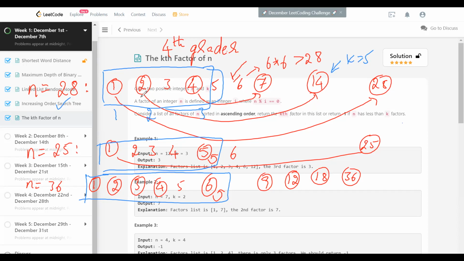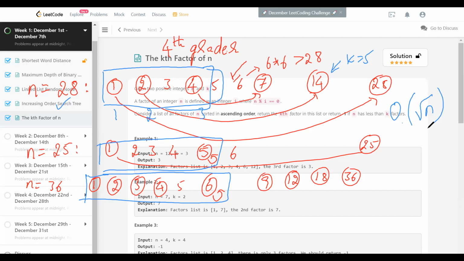So if you see here, we sequentially or linearly go from say 1 or 2 and then go only up to square root of n. And each time we take constant time to figure out whether the number divides n or not. So the amount of time we need is like big O of square root of n. All right. So that's the time we need. And space wise, we need to remember only half of the number of factors. So the number of factors within the square root of n is going to be the space requirement.